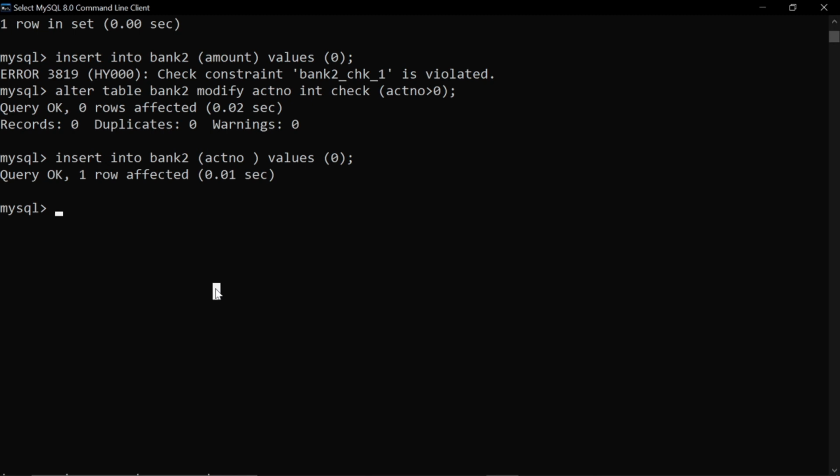And this syntax will also change. Let me show you. Add. Now what you are adding, that is add constraint, and which constraint, that is check, and after check you just have to write the condition for the column, that is account number should be greater than 0.